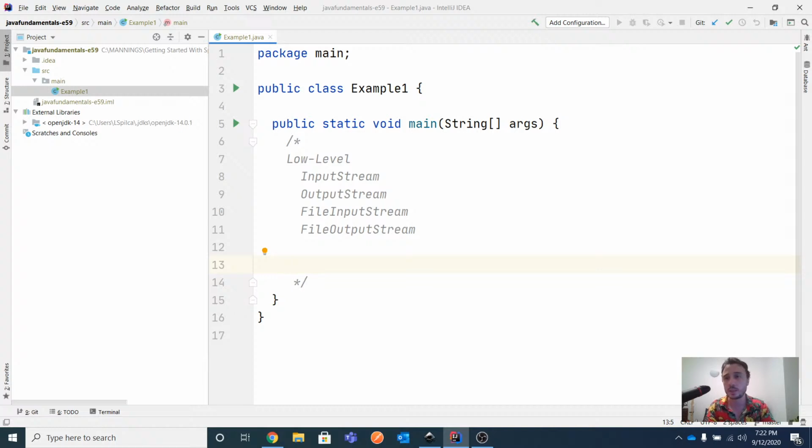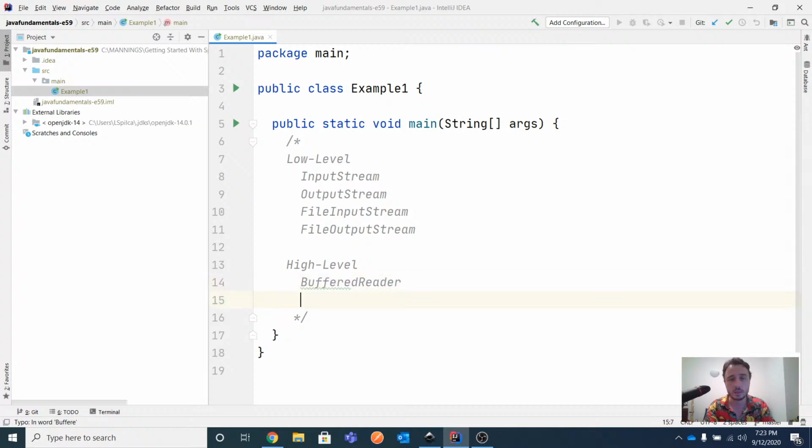And then of course we need to discuss the high-level streams, because it would be a pain just to use low-level streams to work with your data and to send your data. You'd have to read and write bytes and manipulate the bytes yourself, and this is something we don't want to do, especially not with Java, which is a very high-level language, and you don't want to bother with bytes too many times. So you will be very interested in high-level streams, and here is where we have buffered